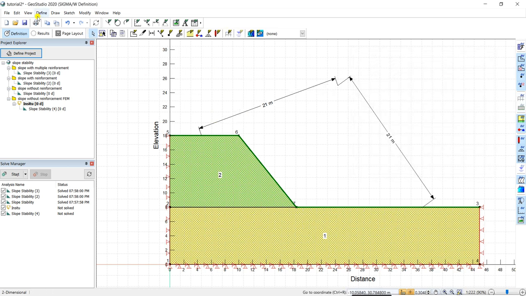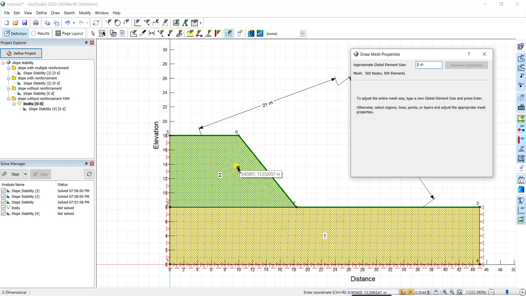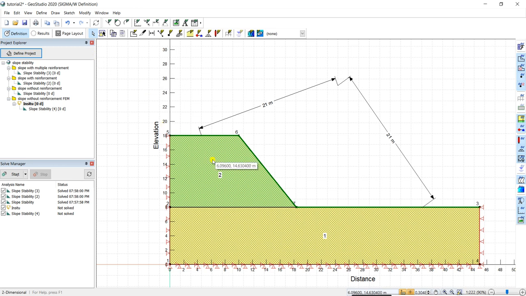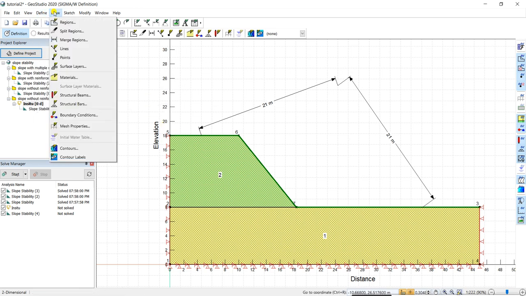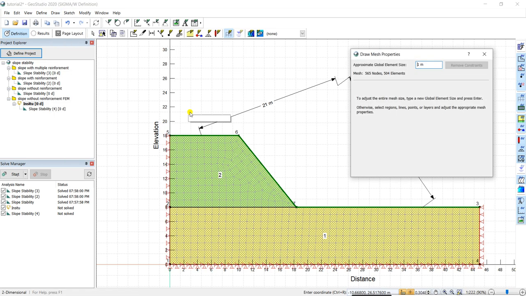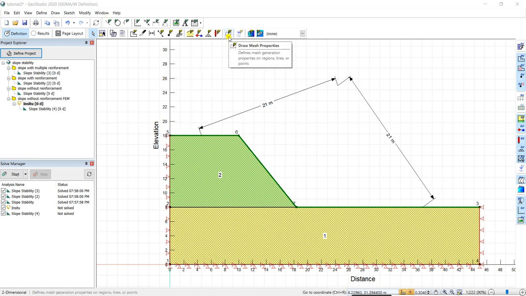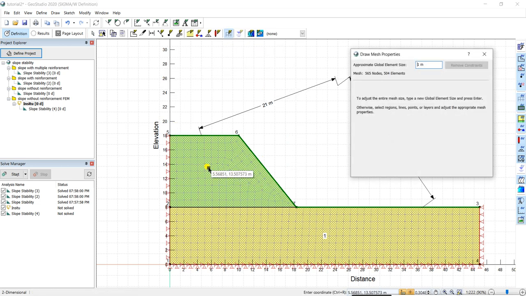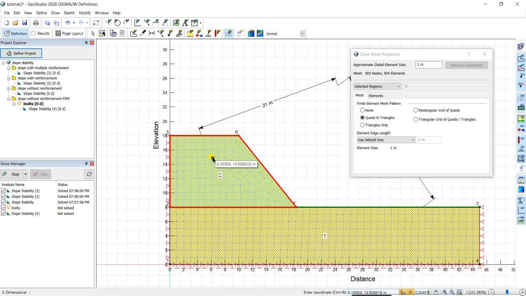Now you remove it, and as you can see, the meshes you see here are rectangular, and here some meshes are maybe triangular. So you can change the type of the mesh elements here in the draw box, you can go to mesh properties, or you can directly go to mesh properties from here. In this region, if you want to redefine the mesh element type, you click on this region and you'll see many more options appear.